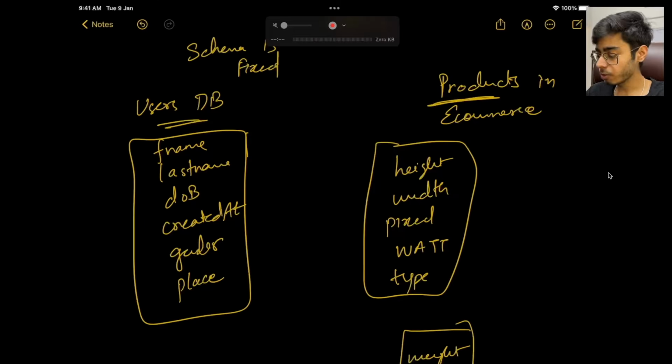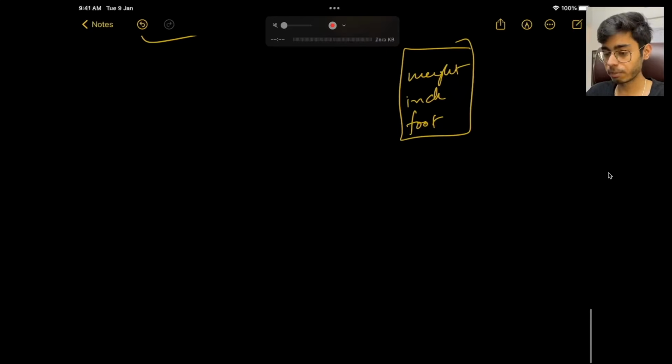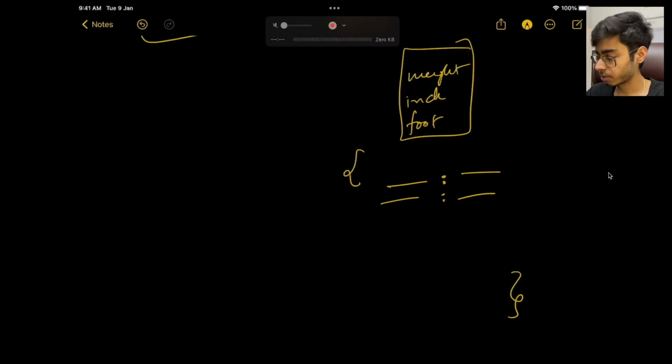So you cannot save this product in a table format, because as the product types increase, your table columns will increase and there will be a lot of null values. So this product item you need to store in a collection document database like MongoDB or Firestore, which saves your information in a JSON format. You can have your keys and your values. Here you can have the height, here the width, and it will have a type which will say furniture.